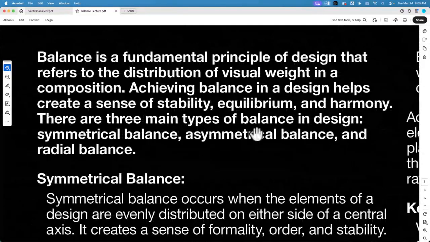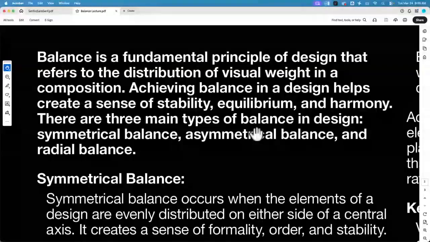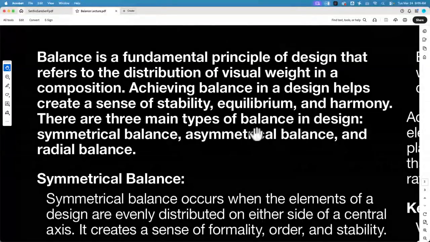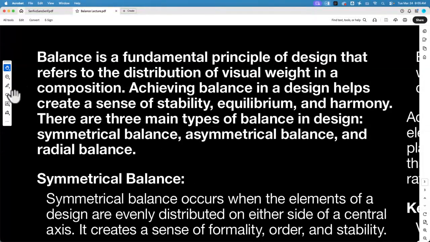One of the 7 principles that we're going to talk about is balance. Balance is, how does it feel? How does it feel to somebody? How does it look? So we can do an exact balance where we would say something in the terms of